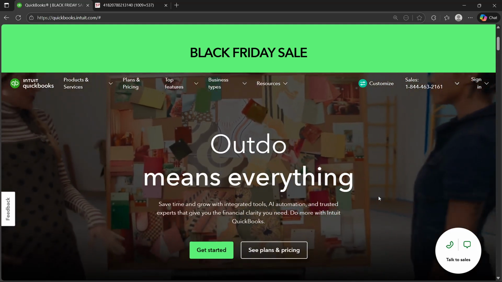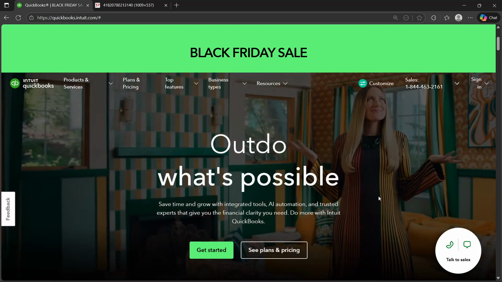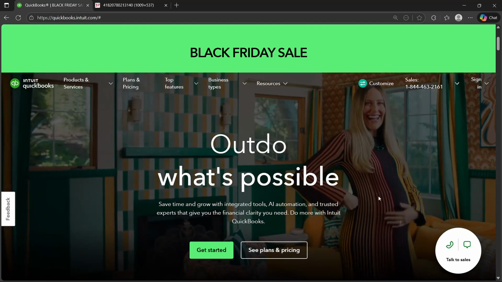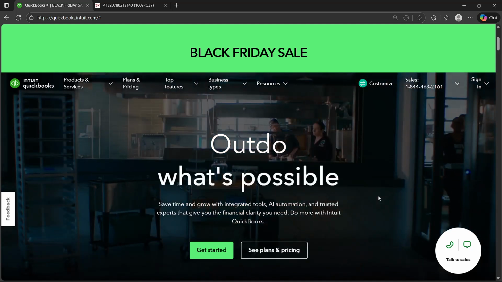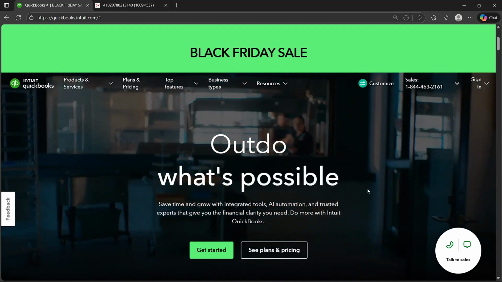So the first thing that you will have to do is, of course, make sure that you already have your QuickBooks plan so that you will be able to access all of its features and to actually log into your account. So after logging in, you will go to your